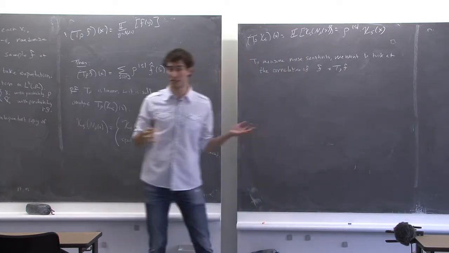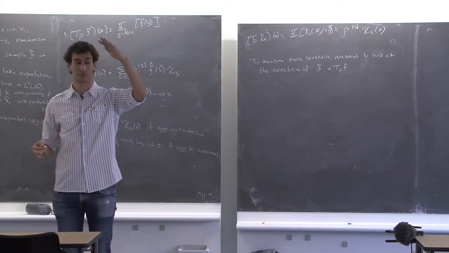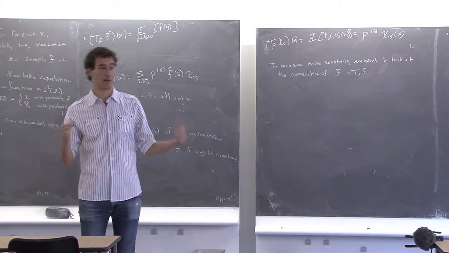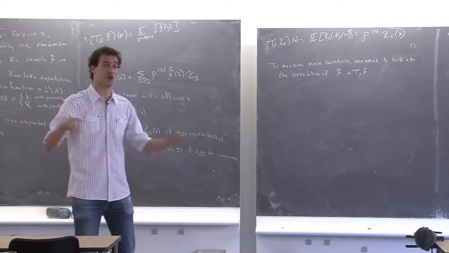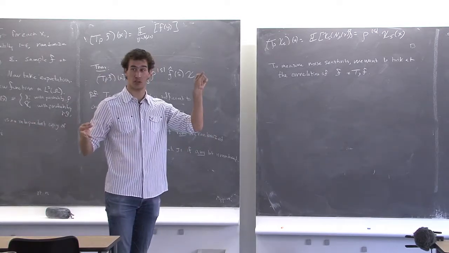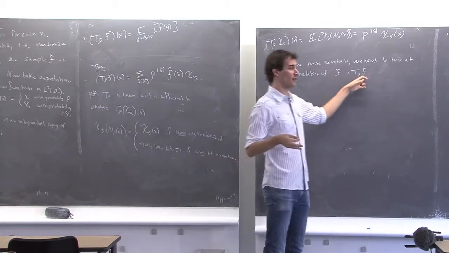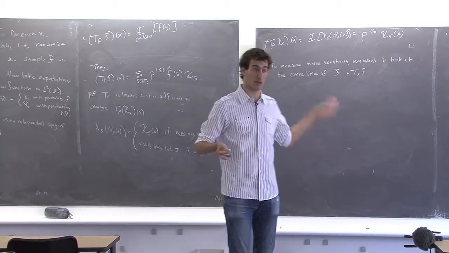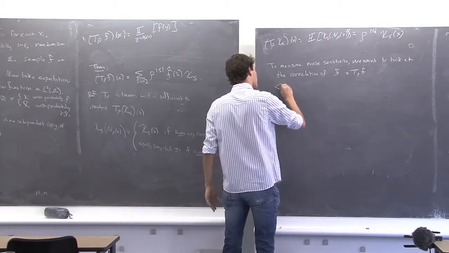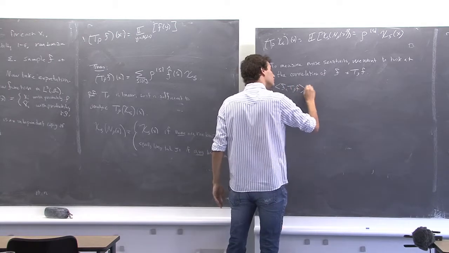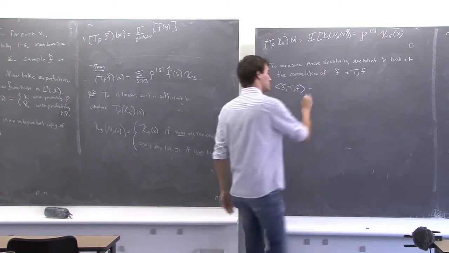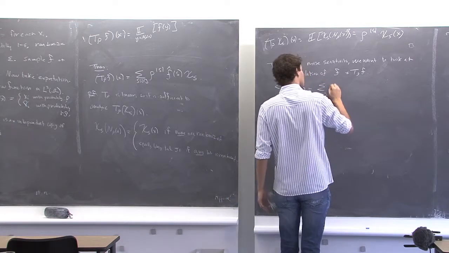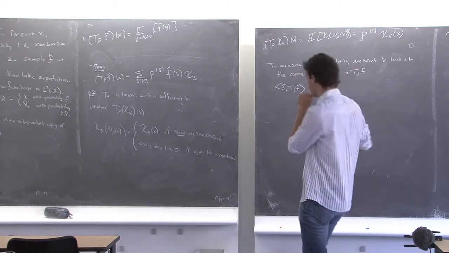So to measure noise sensitivity, we want to say, okay, I give you f at a particular point, and then I randomize it, and I get a possibly equal, possibly different value, some random thing, and I want to average over all possibilities, so that if these match, if f and T_rho of f are completely equivalent, this would be 1. If they're completely orthogonal, it will be 0. So the correct thing to look at is this correlation, which by our Fourier expansion is just equal to